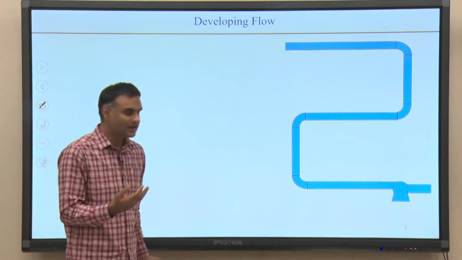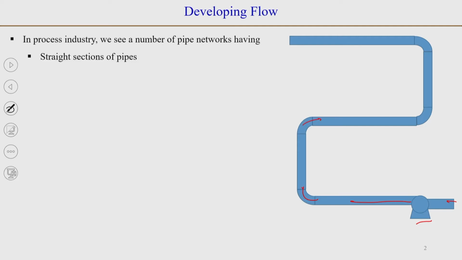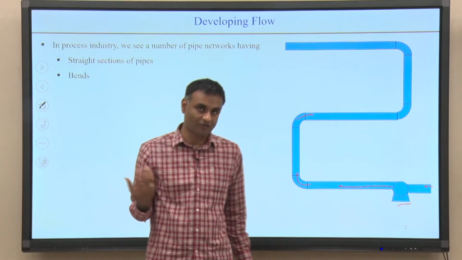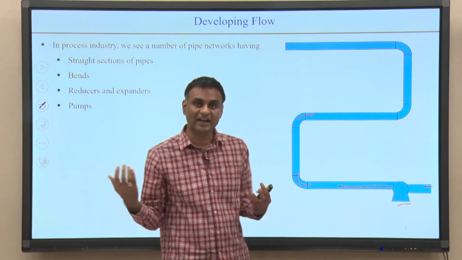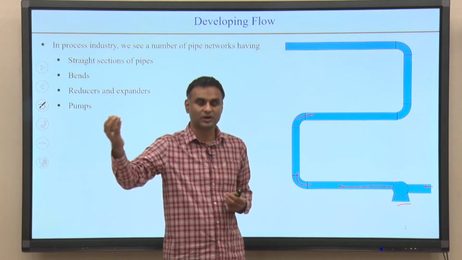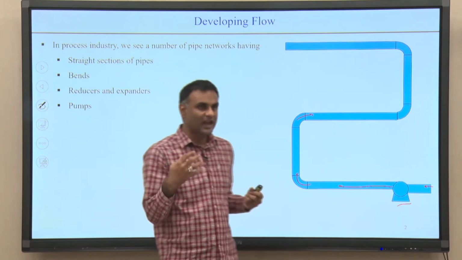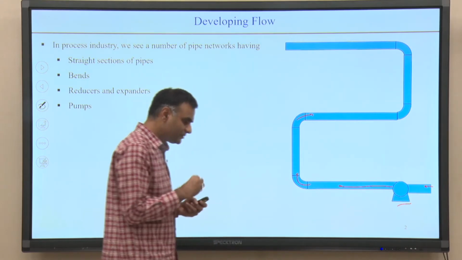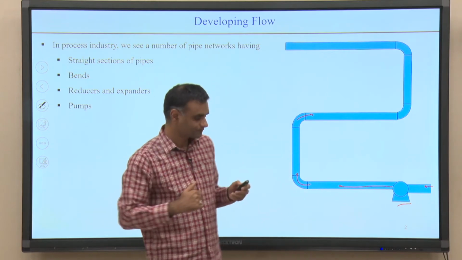If you take a typical piping network, you may have a pump which pushes the fluid through, and then it goes through a number of bends, etc. Apart from bends, you will have, say, valves which may control the flow rate. You may have reducers and expanders where the pipe size is changing, say from 1/8 inch to 1/4 inch or the other way around. All these elements of the piping system we need to take into account and see what the pressure losses are in these elements.